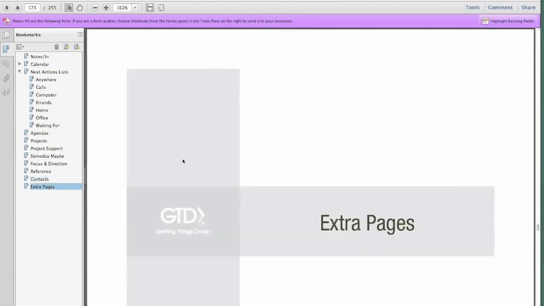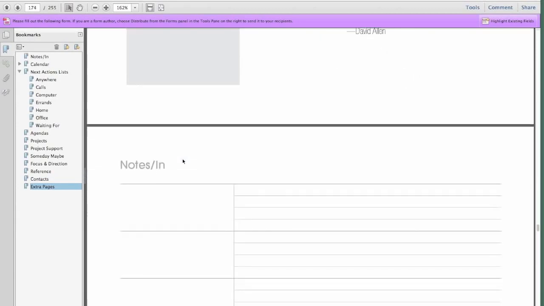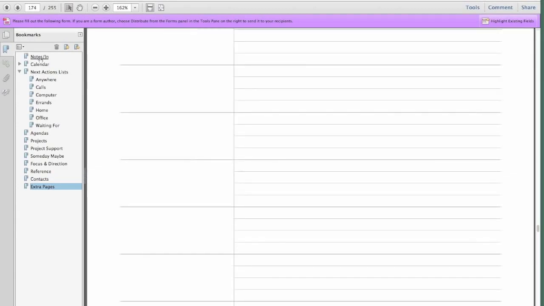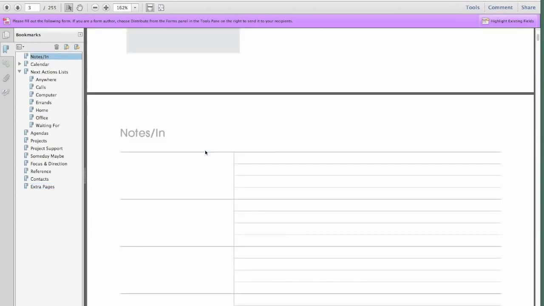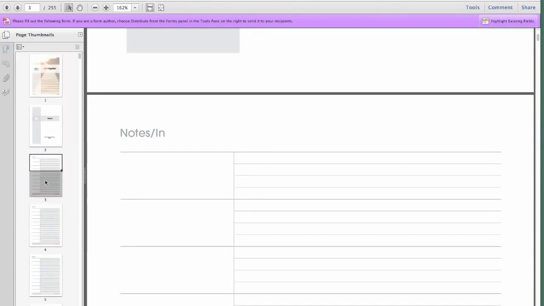And then, of course, we have extra pages, which are lots of extra pages of all of the different sheets you've seen, including, I don't actually think I covered Notes In. Notes In is a nice place to capture Mind Sweep, those kind of items. The extra pages allow you, if you're an Adobe Acrobat Pro or Standard user, to be able to move pages between sections, which all makes sense, and that's good, because you might find, oh, well, I want some more notes pages here, and you're going to come to the thumbnails and maybe move a notes page up or move some pages around. Not all of you are going to be using Adobe Standard or Pro. Those are the paid versions of those products.